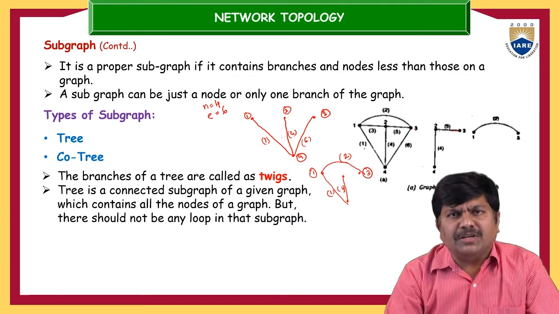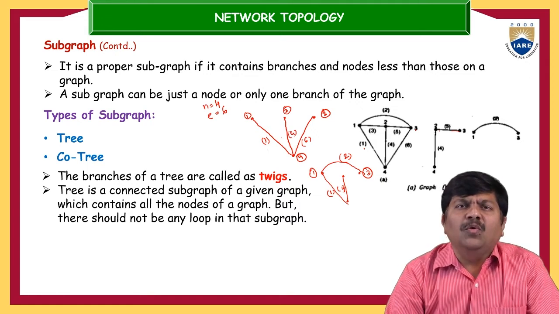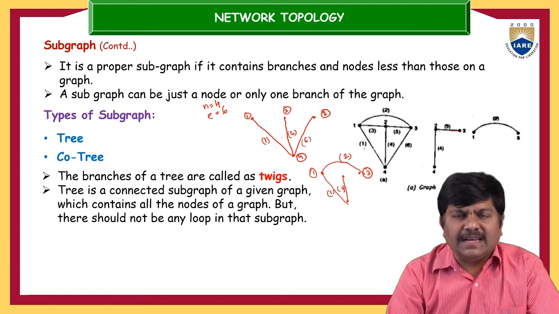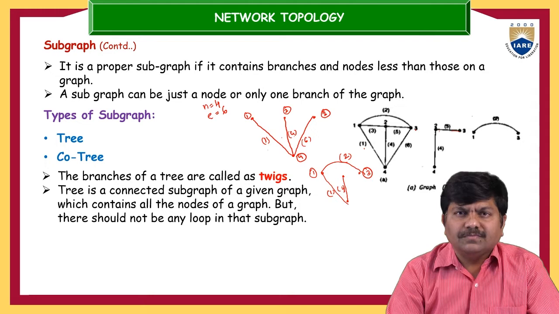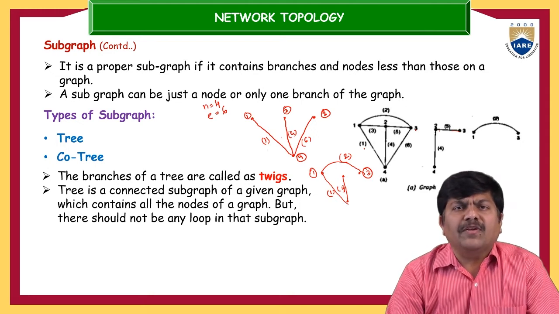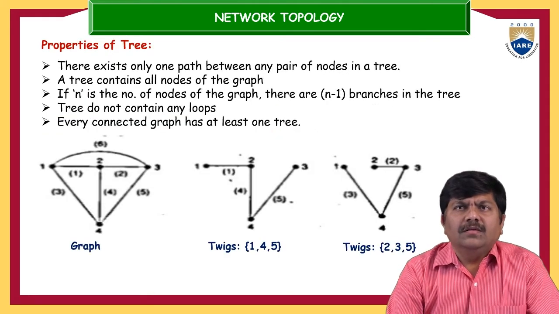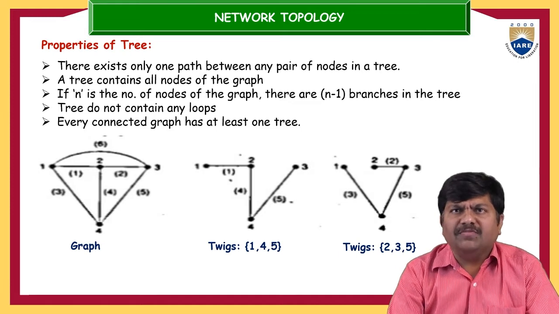And while forming this, you should not forget any nodes in the process. If all the nodes of the actual graph are considered, and if there are no closed paths, then the resultant is nothing but a tree. And one more important point is that the tree is not unique. It will vary from person to person. So what are the basic properties of the tree?